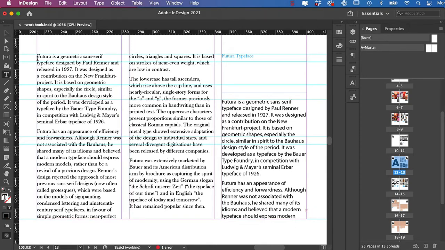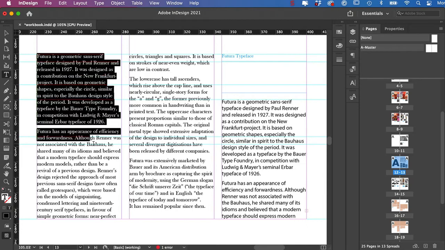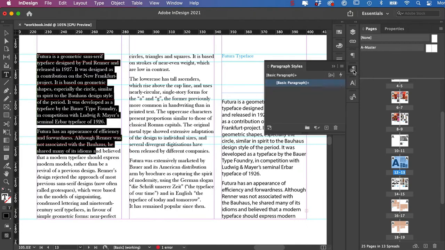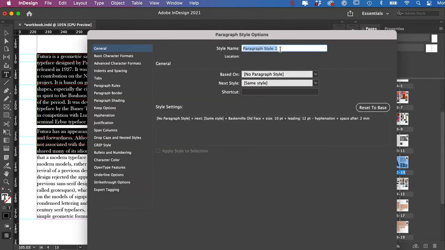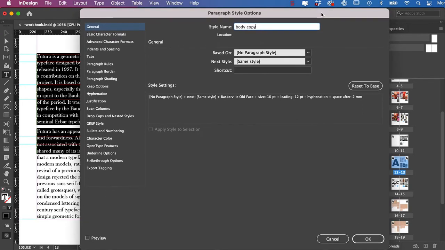The easiest way is if I just highlight this text that I've already done, I can go to my paragraph style, I can make create new style, and I'm going to call it body copy, and I'll go,